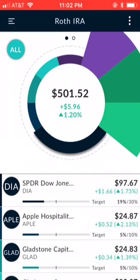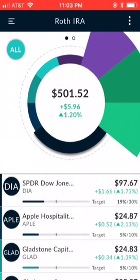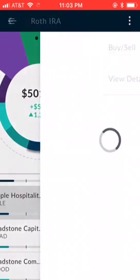There's one ETF here, which is the DIA, the SPDR Dow Jones Industrial Average, or something like that. And I'm up now for a $1.66 return, and it's a really great ETF that follows the Dow Jones a lot. I forgot what kind of holdings this ETF has. I think it's Boeing. I think there's some Home Depot in here, but it's a solid ETF. It pays monthly. It really tracks the Dow Jones well. APLE, Apple